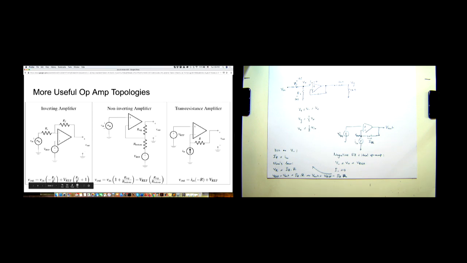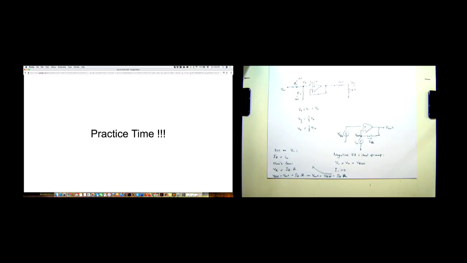Okay. So unless there are any questions, it's kind of practice time. We plan to go over 2 or 3 different problems depending on how much time we have. Does anyone have any questions so far? Yeah. Why would you choose to use the trans-resistance amplifier is the question. So the answer to that is that in many applications, your input signal is going to be a current. And if you want to convert that current into a voltage to subsequently process it, you need to use this type of amplifier.